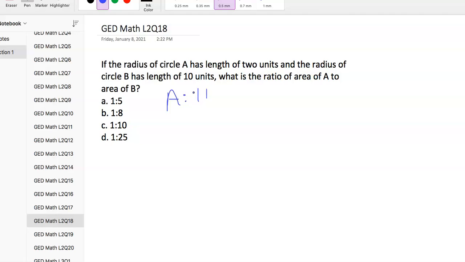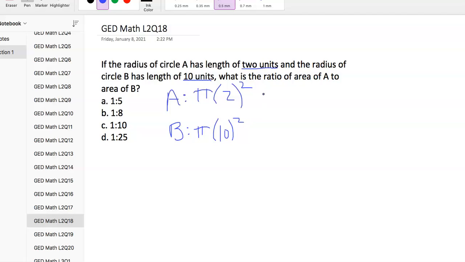So A has pi times length of 2 units, so 2 squared, okay? That's the area for A. And then for B, again, we have the pi, and it says 10 units, right? Times 10